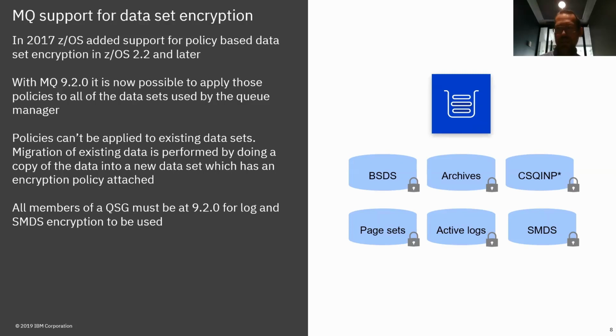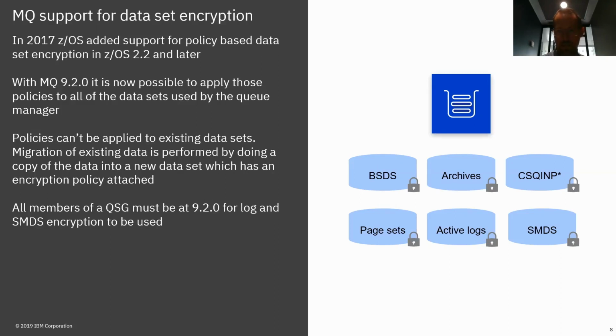And so what this means is you can basically create one encryption policy for your entire queue manager and all of its logs, page sets, SMDS, etc., and that transparently means your data is encrypted when MQ writes to the disk and decrypted when it reads from the disk. And of course, you can apply that across a whole queue sharing group as well, for as long as they're all at the same level that supports